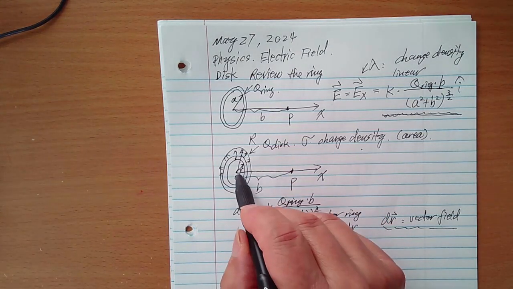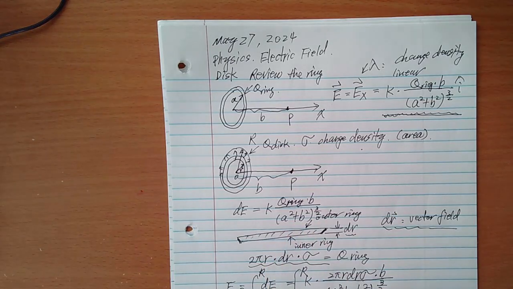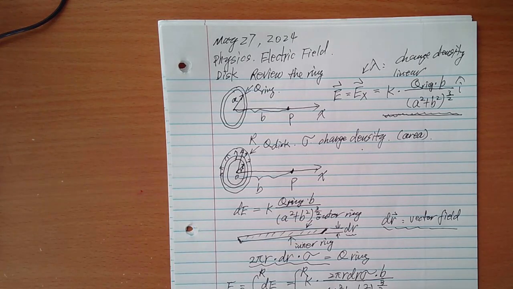Again, the b is the distance from 0 to point P. That actually is a constant. So number one, we're going to move every constant outside of the integration symbol. So k, again, is a constant. The 2, I'm going to leave inside. You will see why. And then pi is a constant, dr is the variable, right? Sigma is a constant, and b is a constant. And then we're going to integrate from 0 to r. So what we're left with is 2r dr over r squared plus b squared